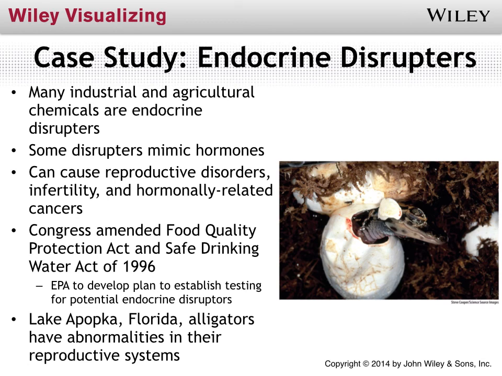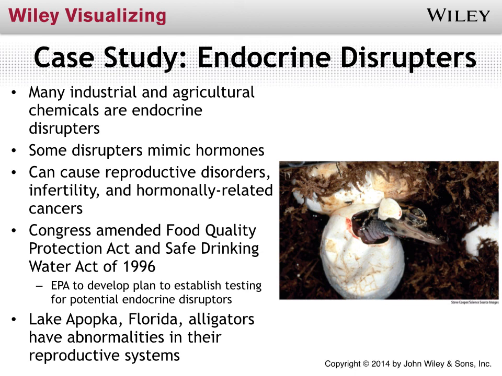Another specific case study to end this chapter, there are a lot of industrial and agricultural chemicals that have this endocrine disruptor effect. Some of them may mimic hormones. So the hormones are what drive our development, reproduction, things like that. And so when these chemicals get into the environment, we're seeing some of these effects on things like alligators. They can cause reproductive disorders, basically things like infertility or hormonally related cancers. Cancer is largely just sort of an uncontrolled growth of a cell. And so anything that can cause our cells to grow in a different way could potentially result in a type of cancer.